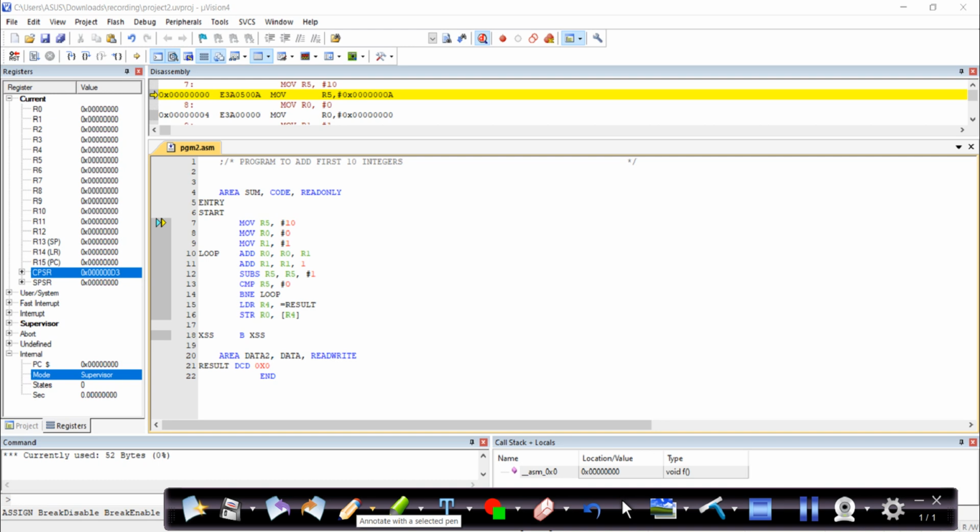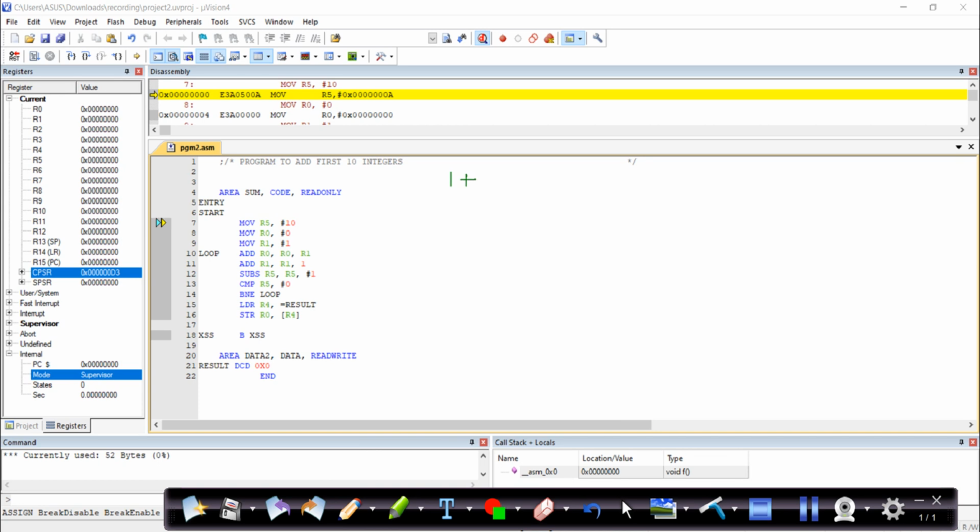This is a program in which we add the first 10 integer numbers. The first 10 integers comprise the positive integers starting from 1.